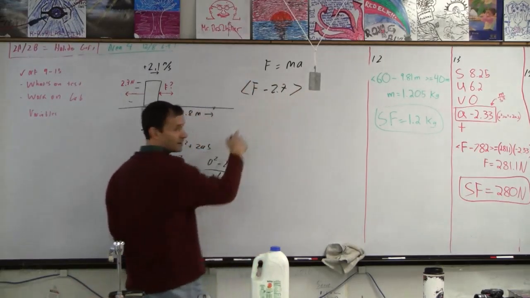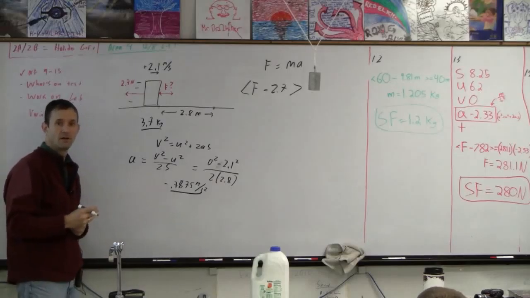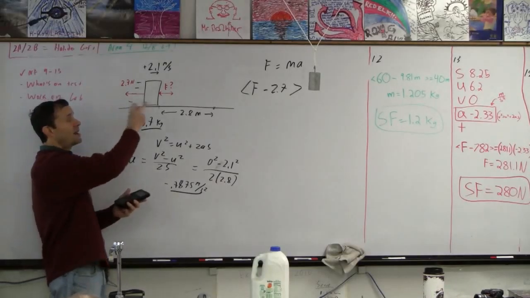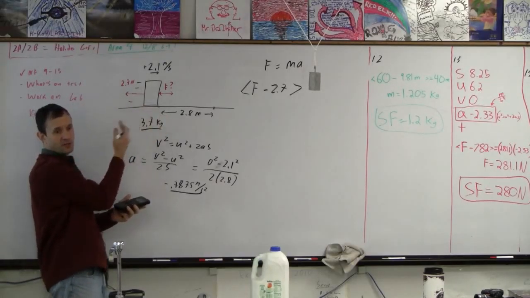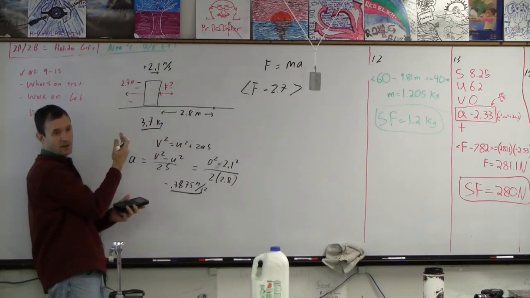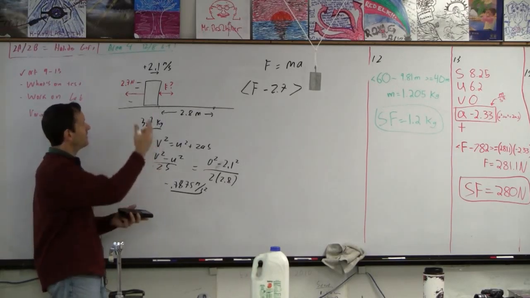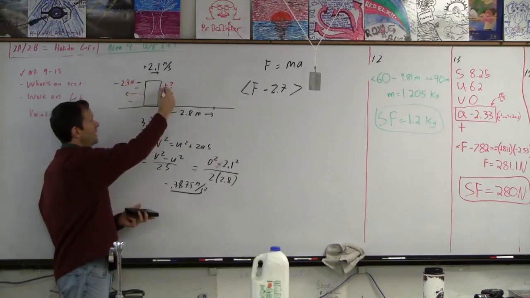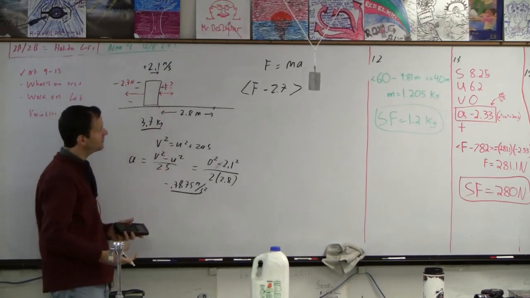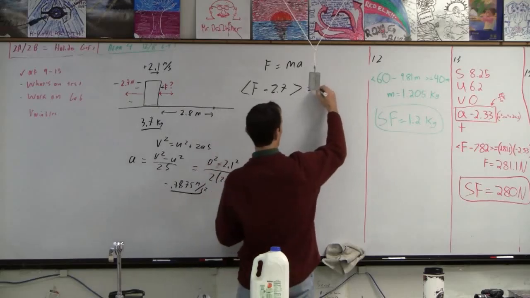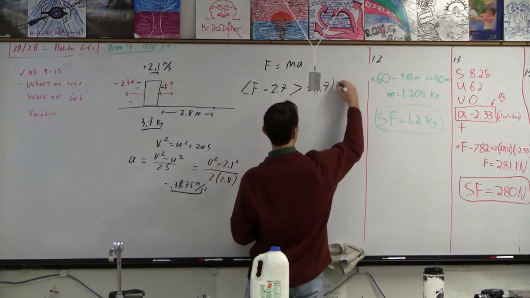Why did I make this guy negative? Because we're sliding to the right, and friction forces always oppose the direction you're sliding. So that's a key there. You've got to make this guy negative. Always make unknown forces positive. And then that's going to equal 3.7 times negative